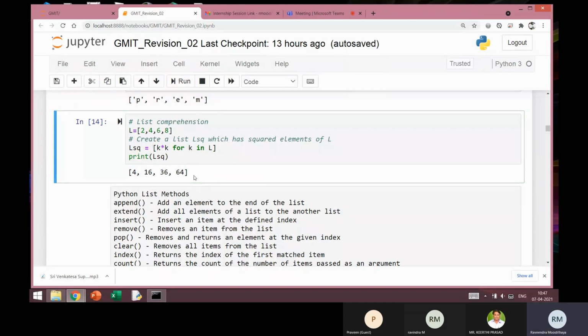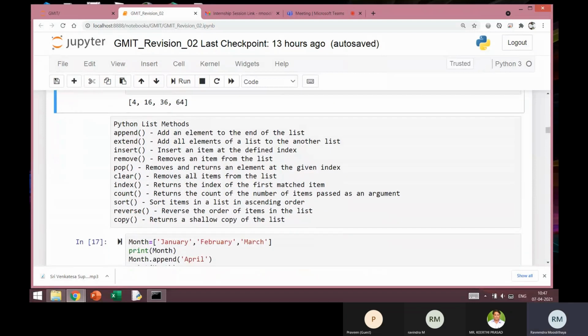Okay. Going further, I have just made a list of methods. Try to recall, we had some methods that work on the string. Similarly, we have some methods which work on the list. And also recall that a list is a mutable object. That means it can be modified in place. Whereas a string is an immutable object. Every time you do some operation on the string, it will return a new string. Whereas in the case of a list, it will try to modify the list itself. Okay, we will see those examples shortly.